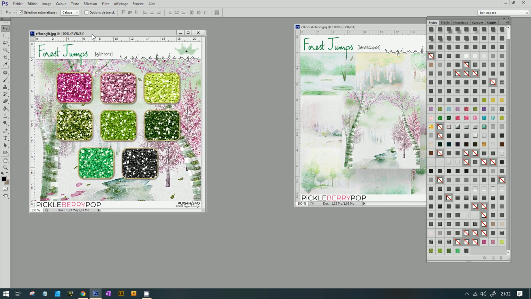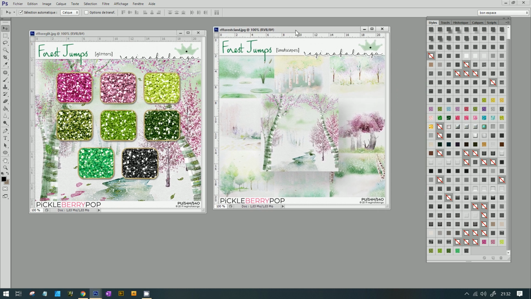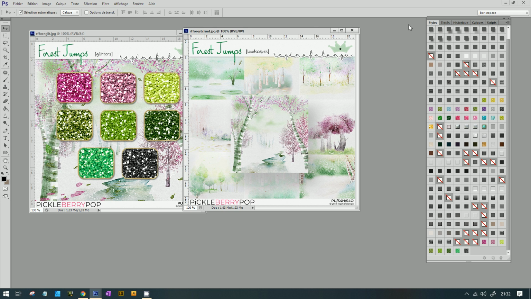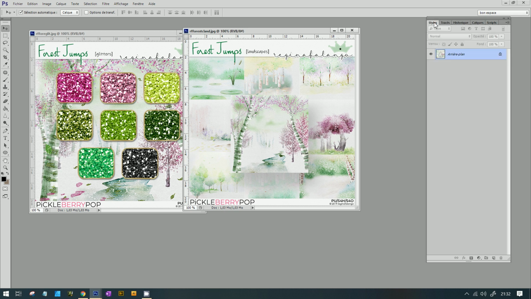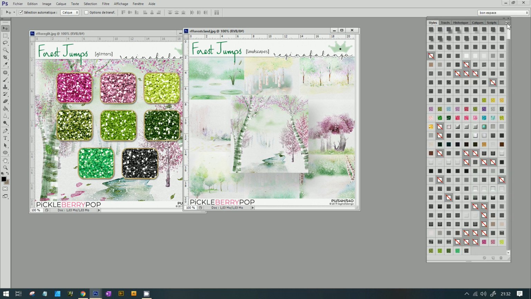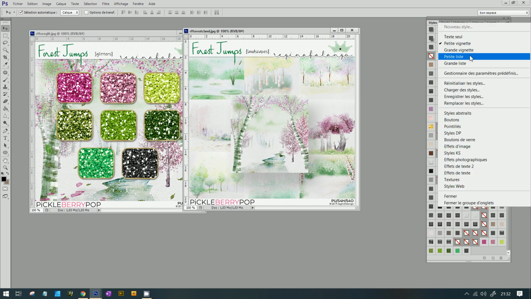I'm going to start the tutorial to use glitters. First you have to upload the glitters, and for that you go in the glitters box and click on the icon here and upload the styles.